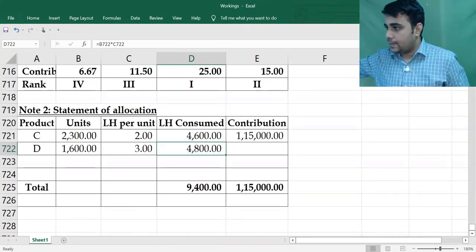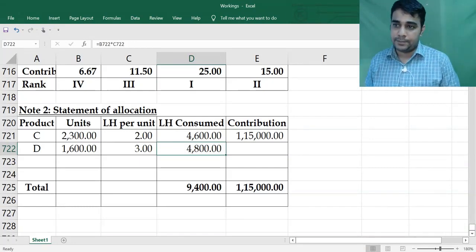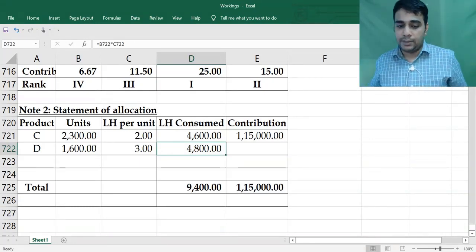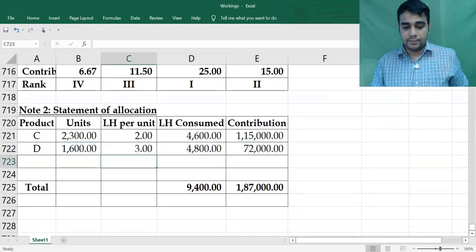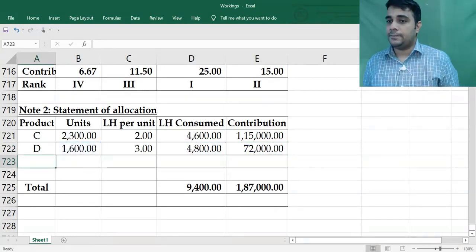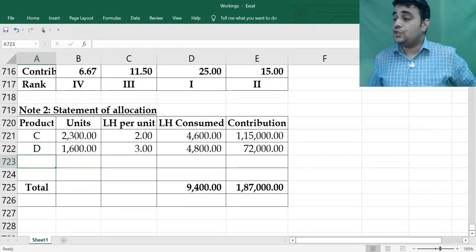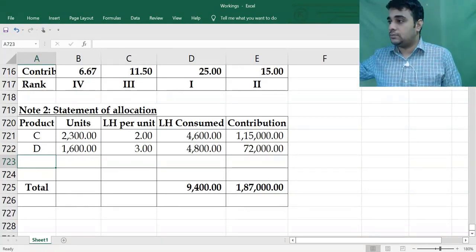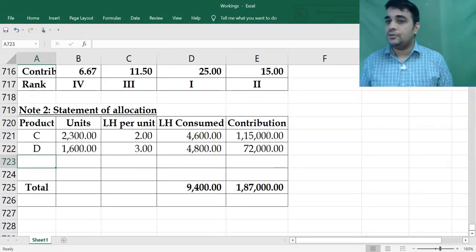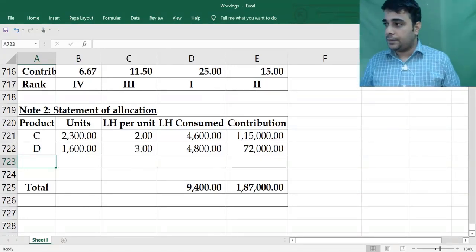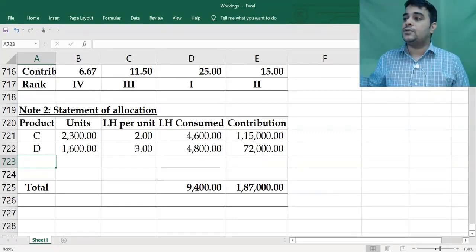I am okay with this. I am still not touching the 20,000 number. Into 45. 16,000 into 45. Assume the labor availability was only 9,000. Then this fully is not possible. If the question had said labor availability is 9,000, how will you do partial? I will come to it in some time. But if it had said 9,000, then this is not possible.